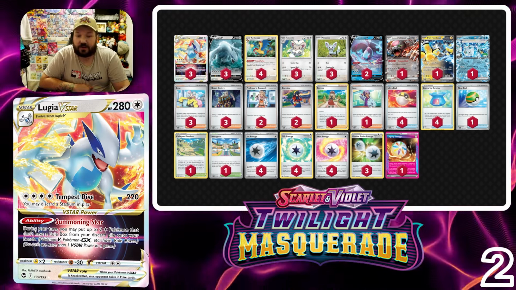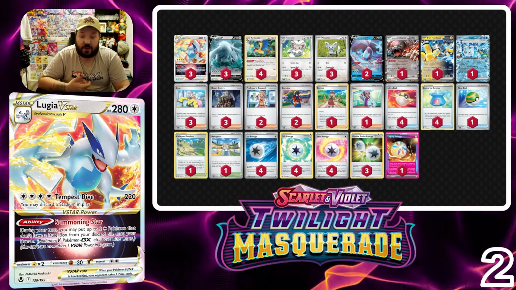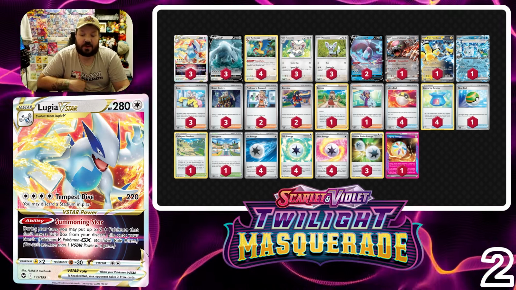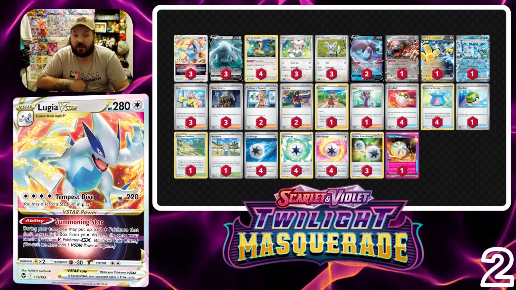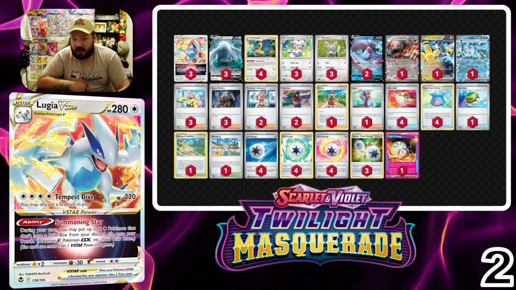Legacy Energy also reduces the amount of prize cards your opponent takes by 1 the first time you use it during a game, which gives us a lot of opportunities to really put the tempo of the game back into our favor. Lugia looks to be one of the most played decks at NAIC, and arguably it might see some